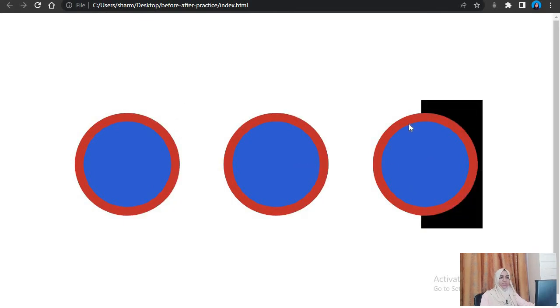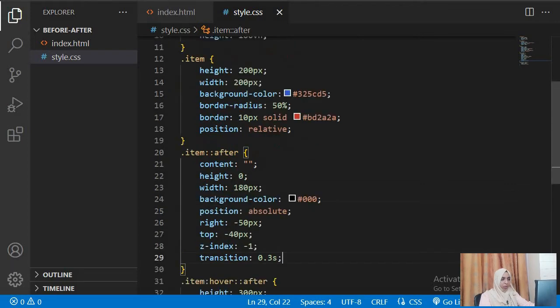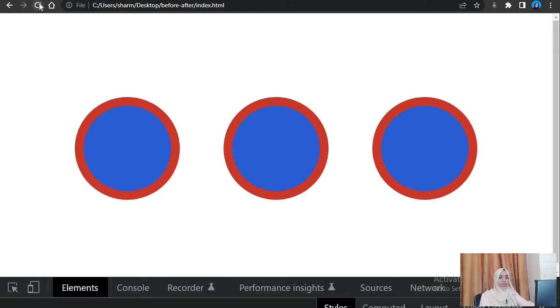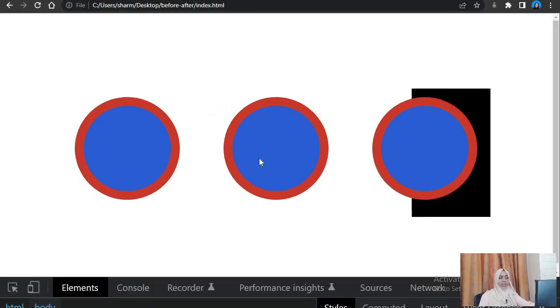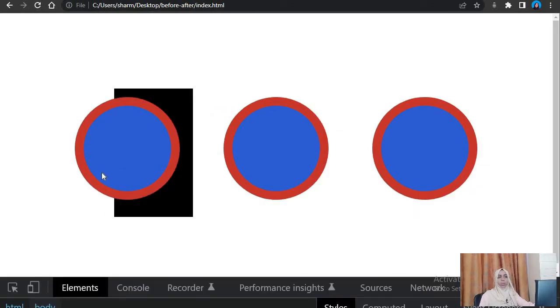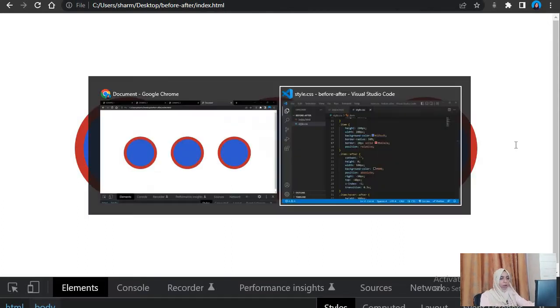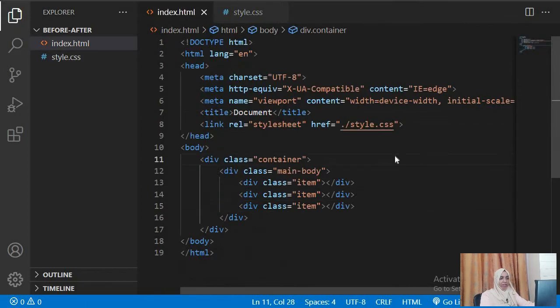This just has a bigger border of 20 pixels. So just make this 20 pixels and we'll have the same thing that we have over there, right? Exactly the same thing. It was very simple. So just a bit of practice and you'll be good to go. Alright, now let's look at the second example,